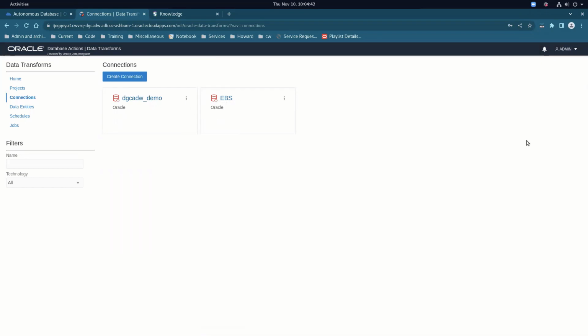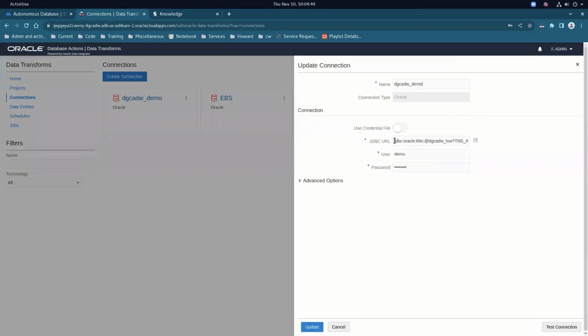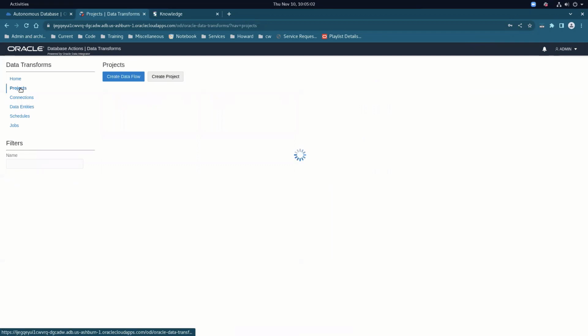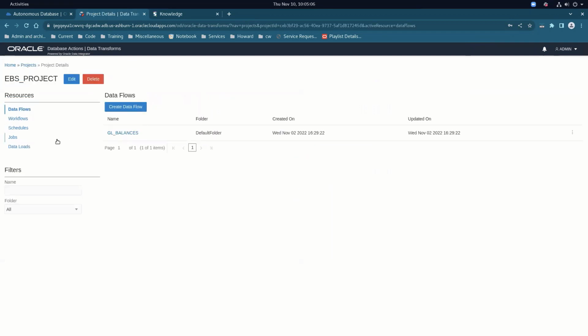Now we'll go to DGC ADW. It's a slightly different one, uses a wallet and a credential file. There it is there, the JDBC connection. Test the connection. Now, this is all part of the service, so actually I don't think you need the wallet, it's already got it. Go into projects, we create a project, and then in a project, we create a data flow, and then